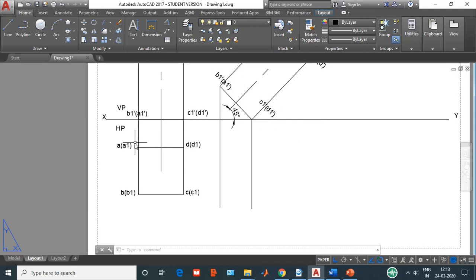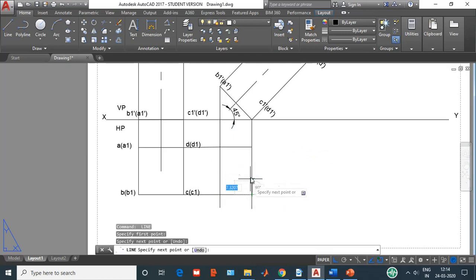So bottom face of the top view, A is here and then B is here. So A and B is to be extended up to this line because A and B of the front view are here. So I'm taking a line command and extending it till here, and this one till here. Now C and D is on this line and C and D is over here. So I need to further extend this till here, and this has to be further extended till here, and join this by drawing one more line on top of this. So now these four lines are the bottom face of the prism when viewed from the top.